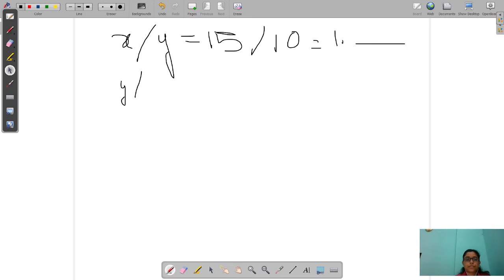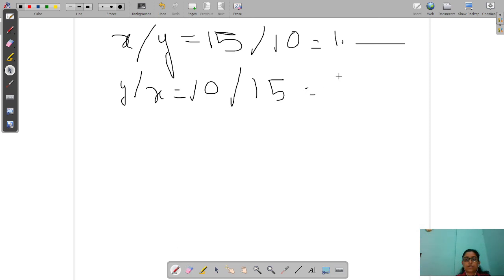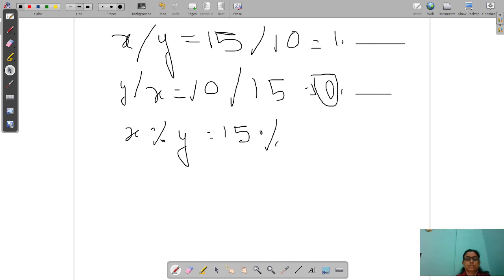For y by x equal to 10 by 15, the output is 0 point something, and again the computer prints only the quotient. For x modulus y equal to 15 modulus 10.